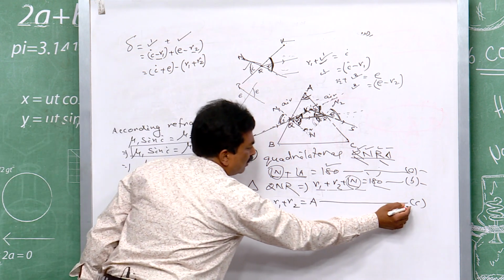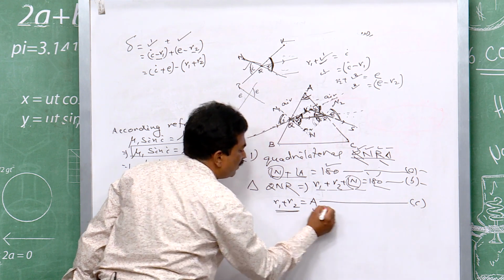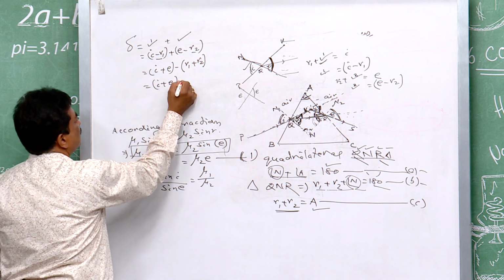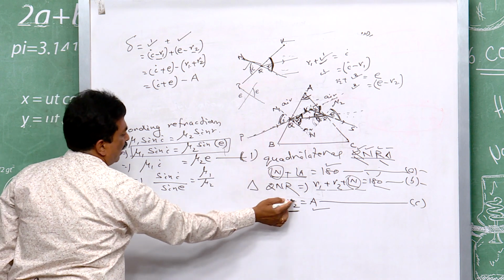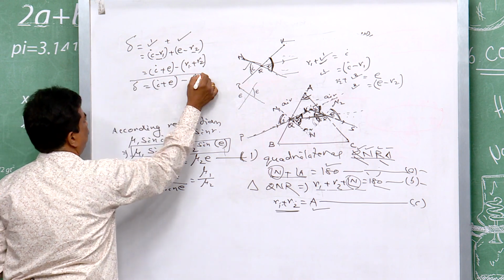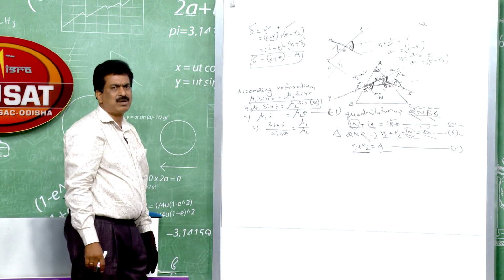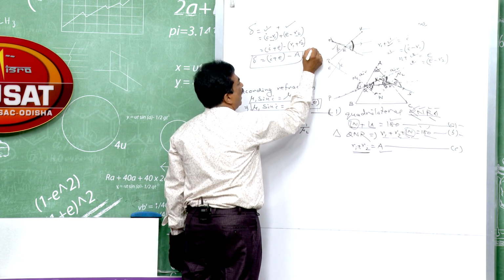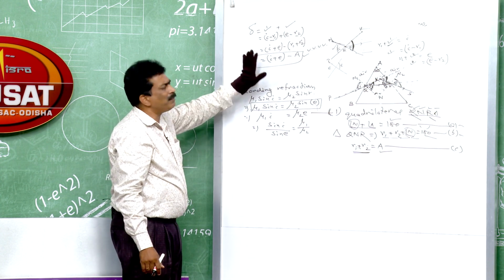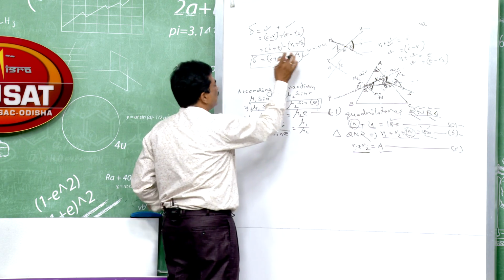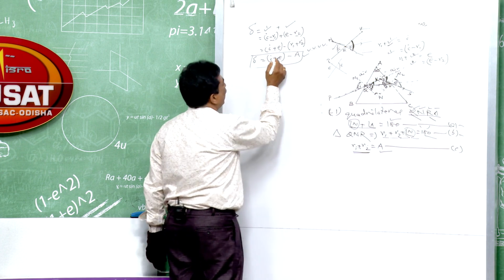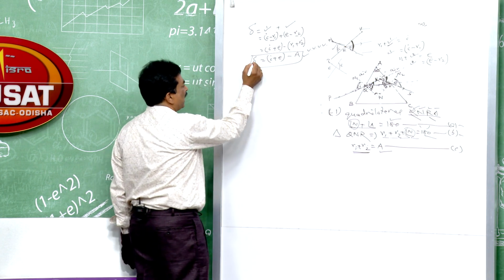But you see, according to the equation, R1 plus R2 is equal to the capital A. So delta is equal to I plus E minus A. This is a very applicable formula for the prism. Okay, are you clear? This delta means the angle of deviation. So this angle of deviation